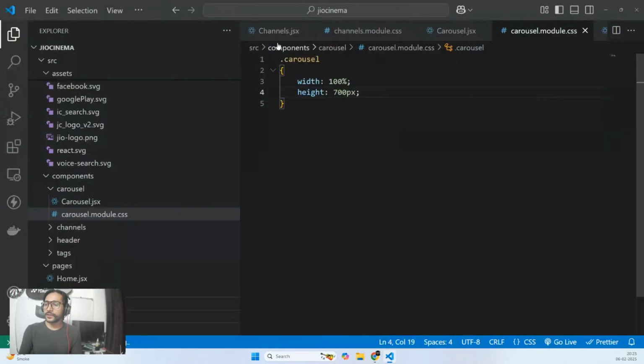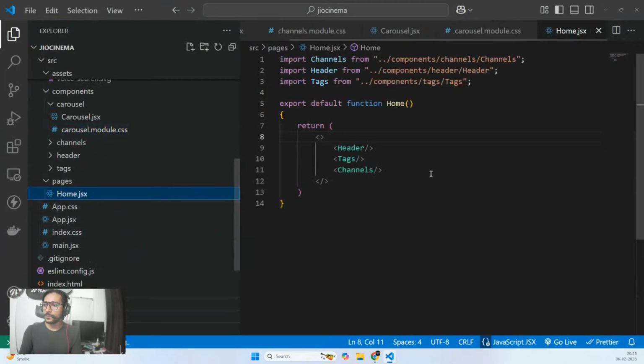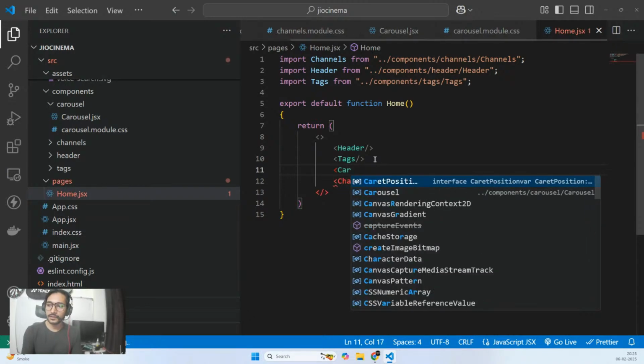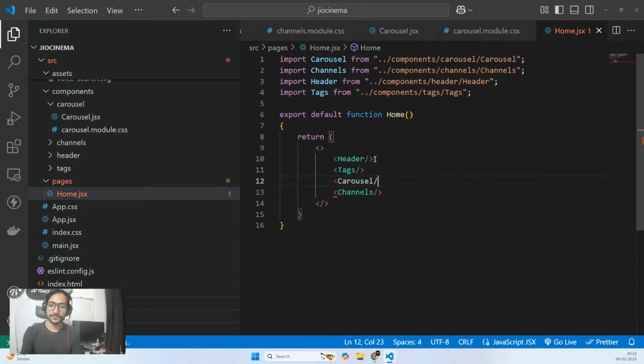And yeah, we forgot to put this component in home. So let's go to home. After header, after tags, let's put this carousel. Now see,